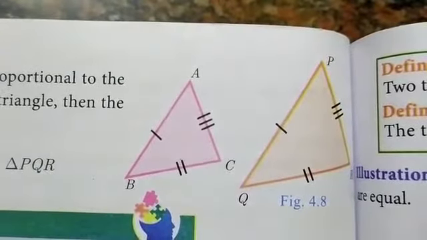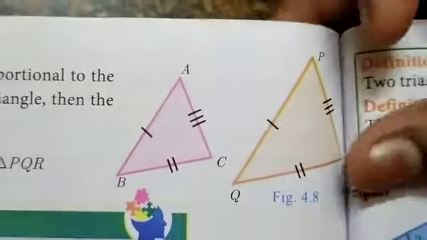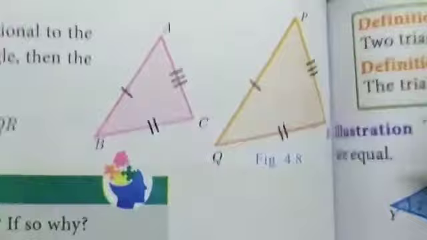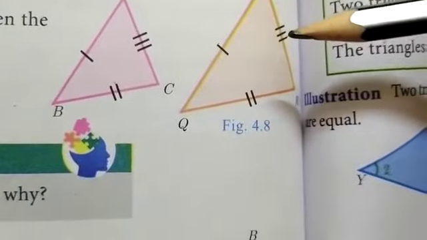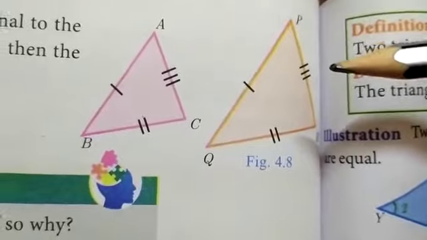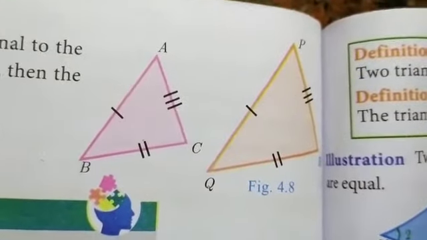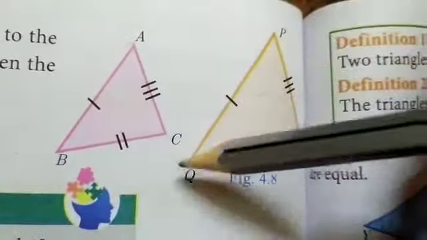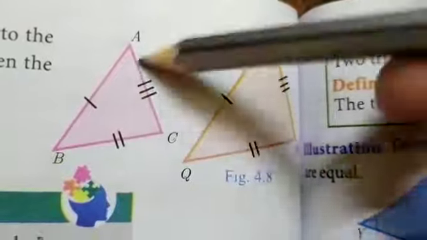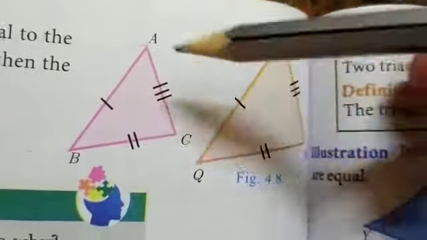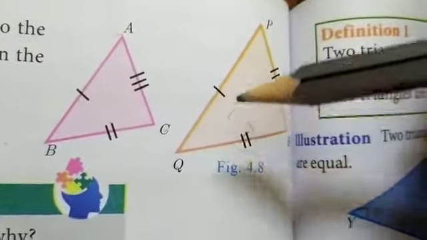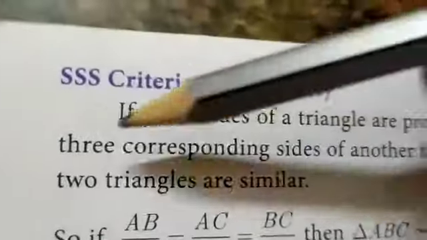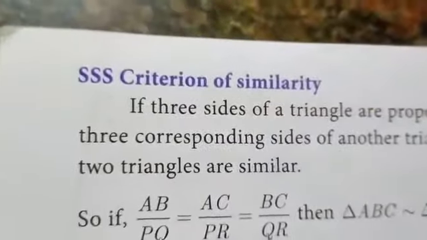Okay, let us take another two triangles, that is ABC and PQR. Here it is R only, keep it in mind. So if three sides of a triangle are proportional to three corresponding sides of another triangle, then the triangles are similar to each other, keep it in mind. If AB by PQ equal to BC by QR, which is equal to AC by PR, then you can say these two triangles are similar by SSS, that is, side similarity criterion. SSS means side similarity, AA means angle similarity.